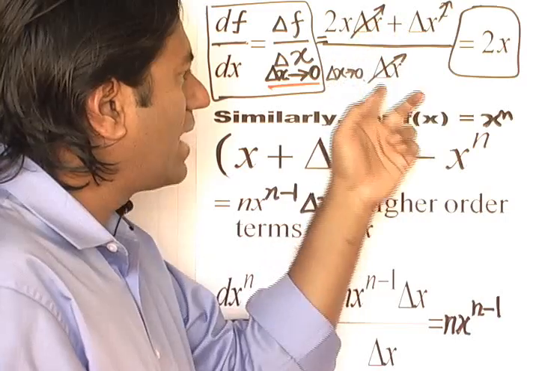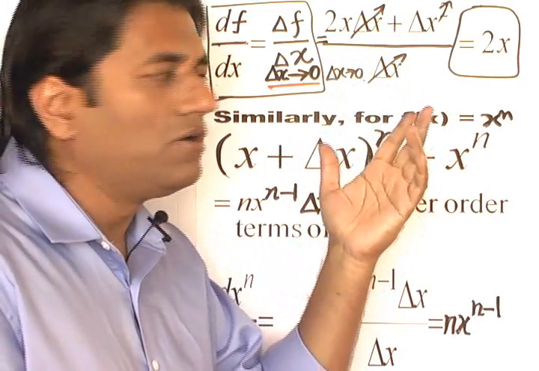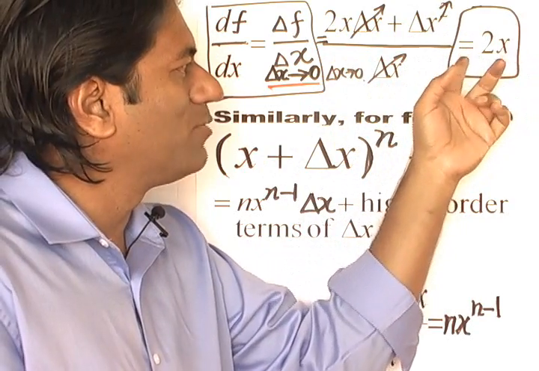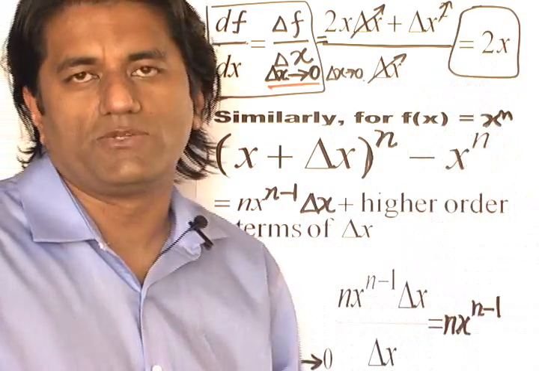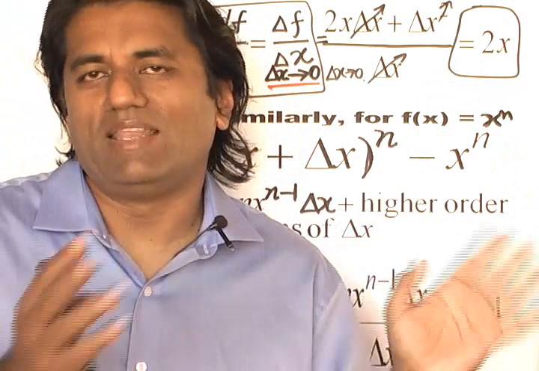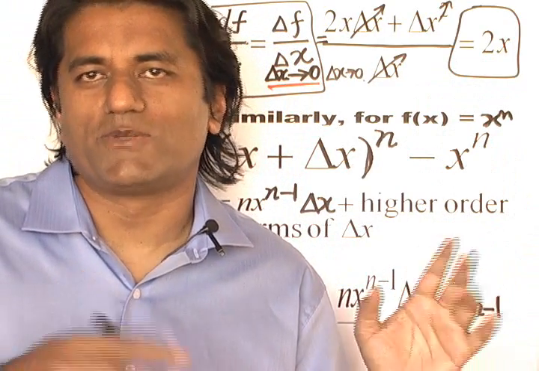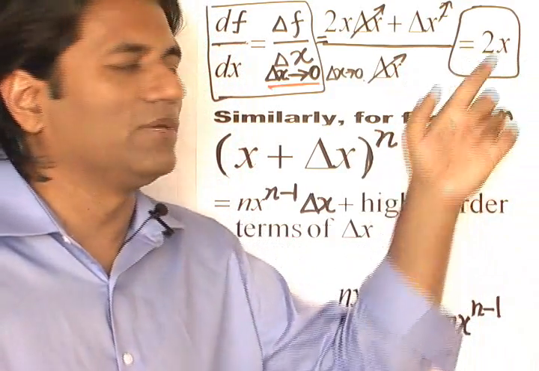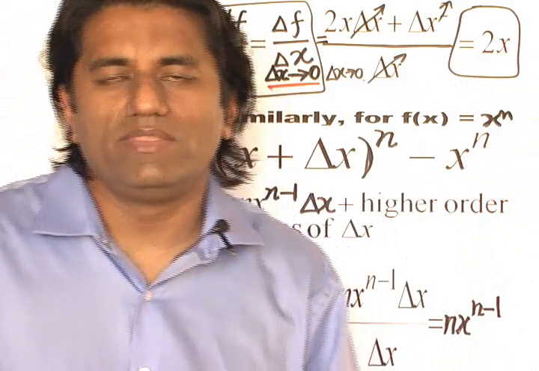So I did that, because I said, well, it's not 0. And then I said, well, it is so close to 0 that I can actually ignore it and put the equality sign and say this is just equal to 2x. So I'm just having it both ways. On one hand, I say delta x is not 0, so I can divide by it, and on the other hand, I say, well, it's so close to 0, I can ignore it and put the equality sign. And this is